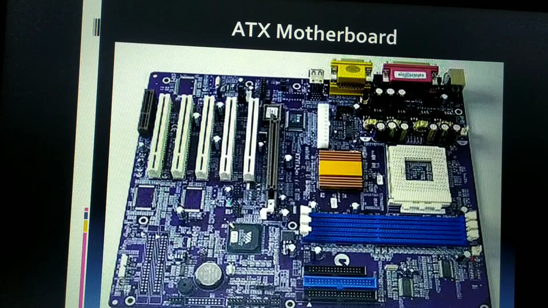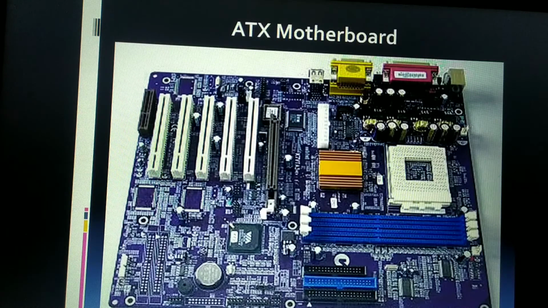Here you can see this is a processor socket, which is nothing but the micro pin grid array socket, where different processors like Intel or AMD processors are usually used in personal computers or desktop computers, or even when designing for servers. Plus this kind of ATX motherboard also includes RAM slots, double data rate random access memory only,